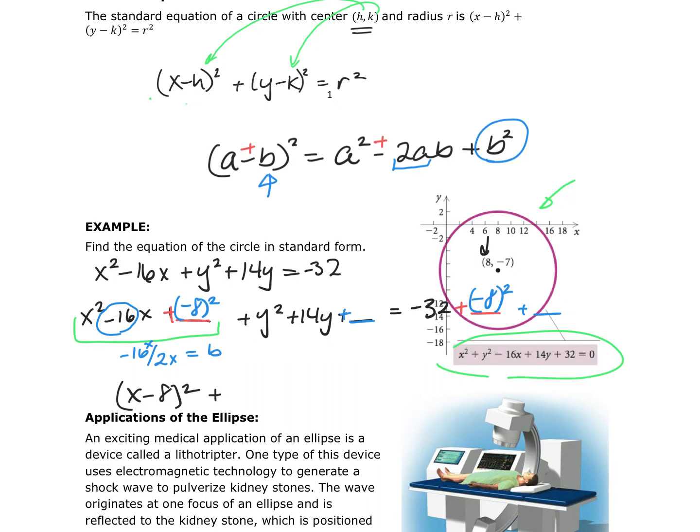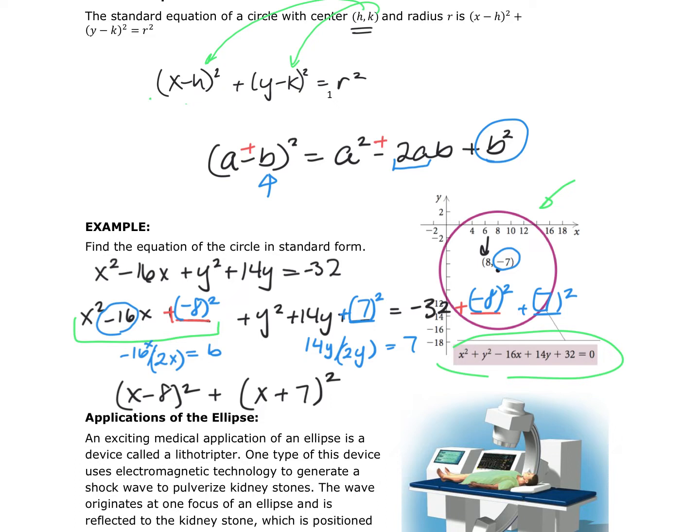I'm going to do the same thing with my 14y. So I'm going to take my 14y and divide by 2 times, I should put that in parentheses, 2 times my first term, which is y. This gives me 7. So that tells me this is going to be the y, and then it's going to give me y plus 7, the quantity squared. Now, I know that I have to find my b squared, so here this is going to be 7 squared, so over here is going to be 7 squared, and of course right here is the negative 7. You're going to say, wait a minute, you told me that I have x minus 8, but it's a